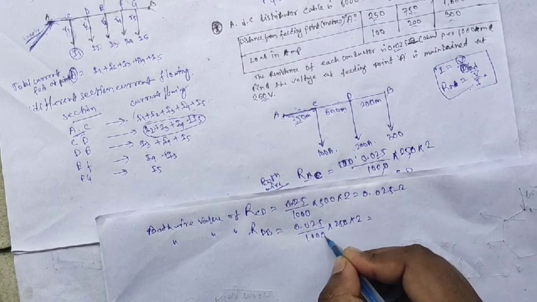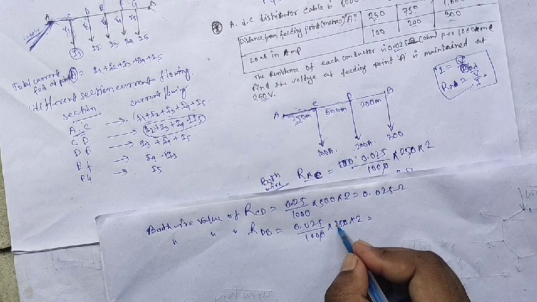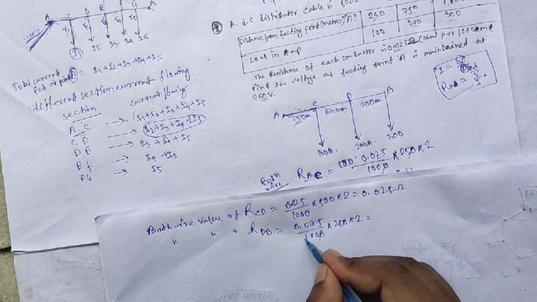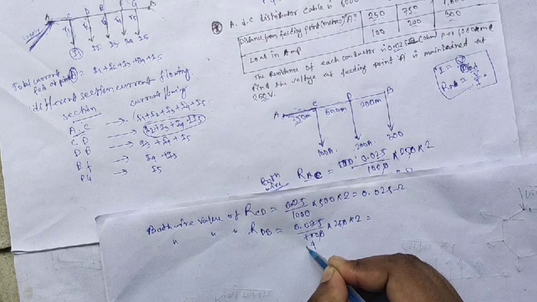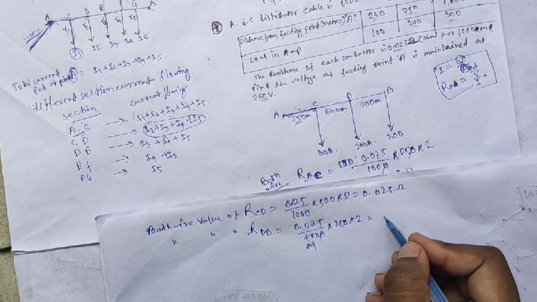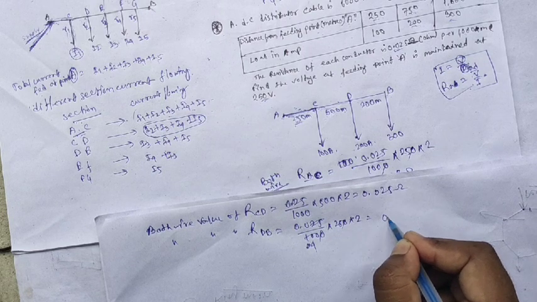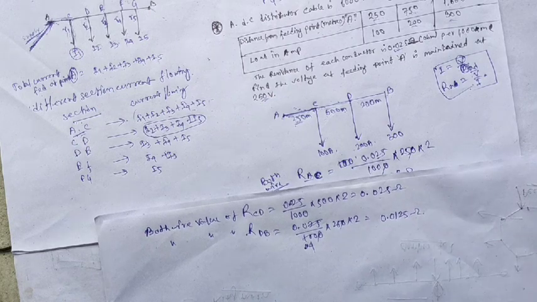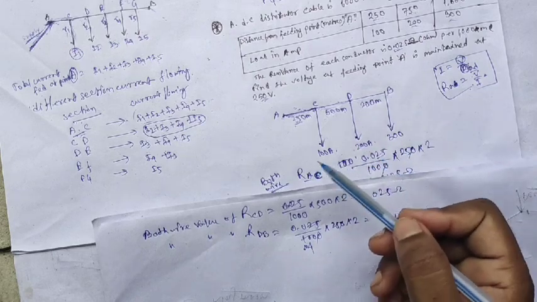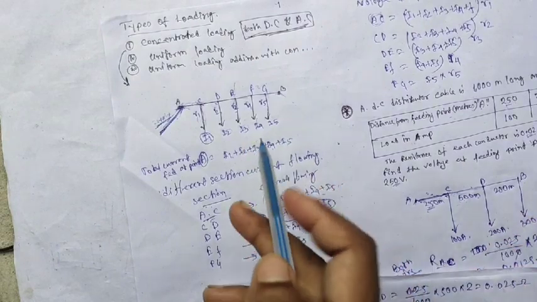That means this one cancels out, and 2.5, that means 0.004 into 250 by 0.004, that means it comes out to 0.0125. So if we calculate the section current, we also saw in yesterday's class that